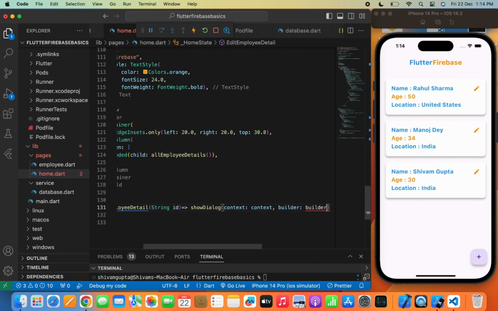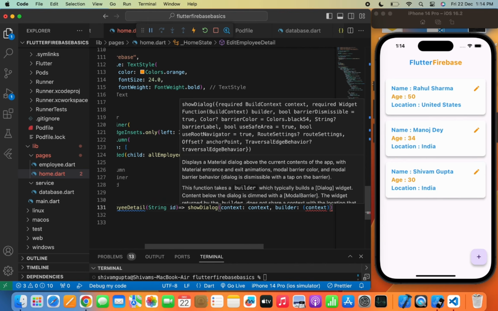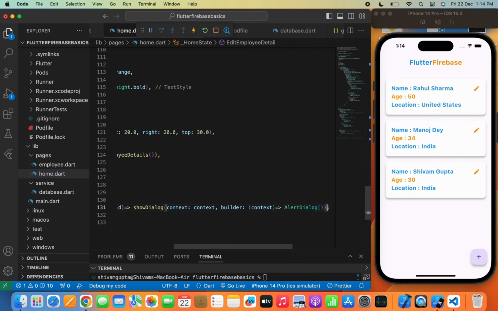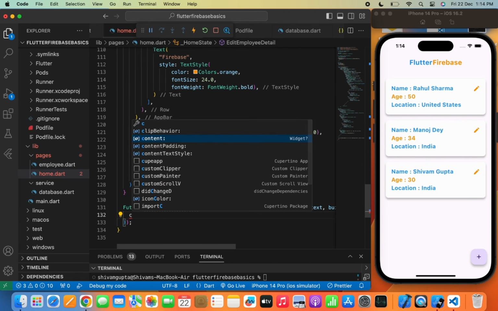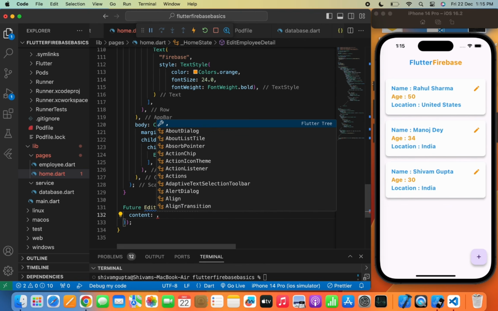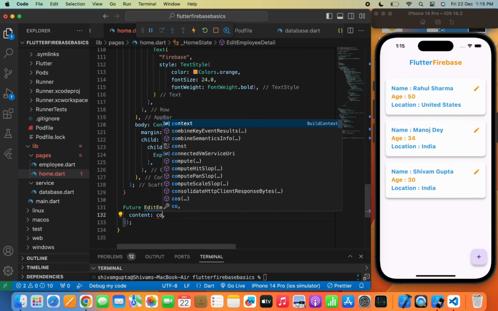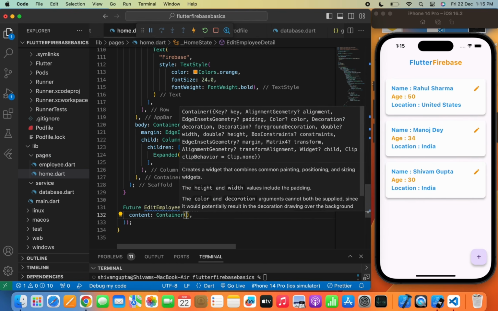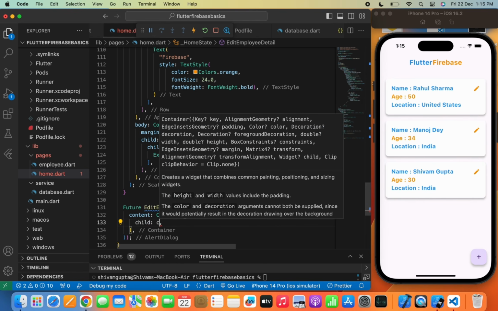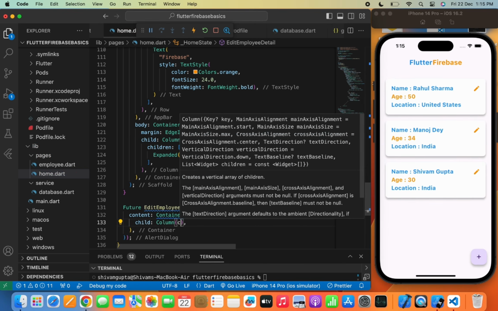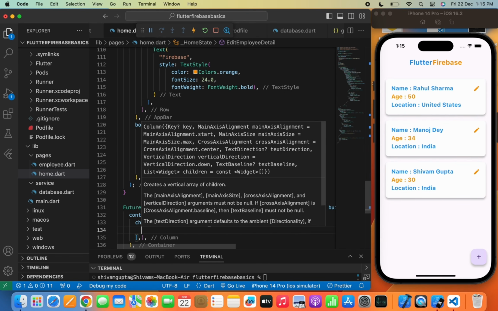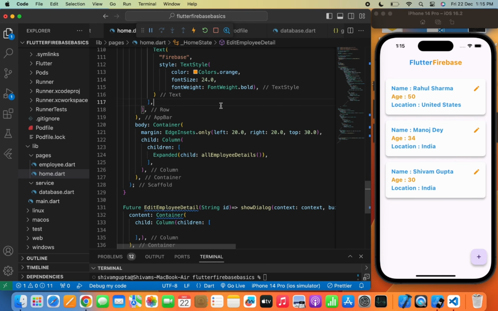Now content, container, child, column, children, and in the children I will write a row widget here because I will also create a close button so that they can close the show dialog box by using this icon,